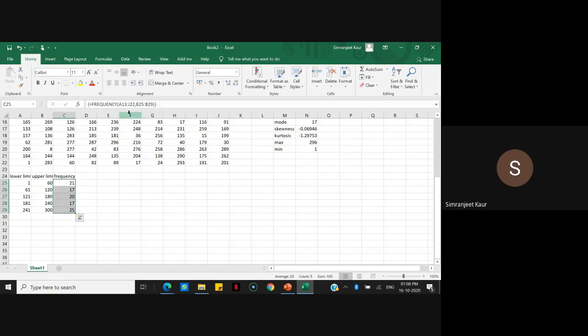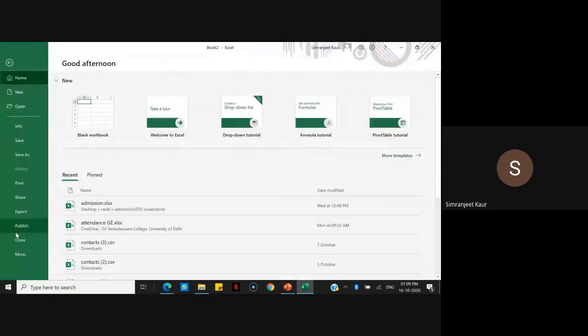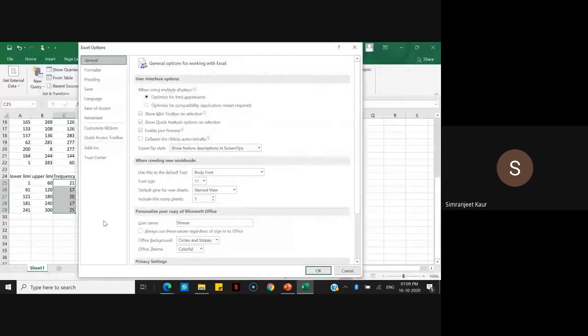So for that, you go to data, right? Here. See, you will have to see here for analysis, you will have to add in the data analysis tool. So I already use it. That is why I have here. If you don't see anything like this on your laptop, go to files, go to more and then options. Click on add-ins here.